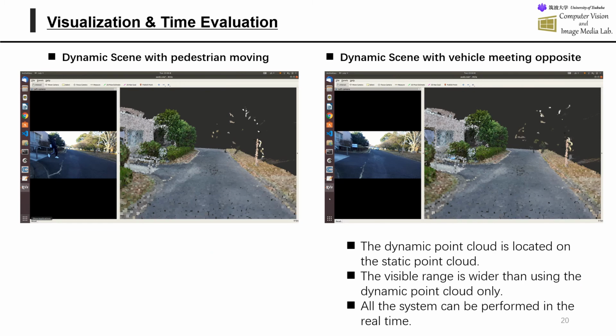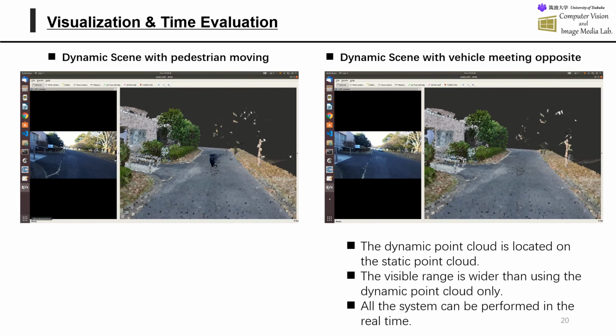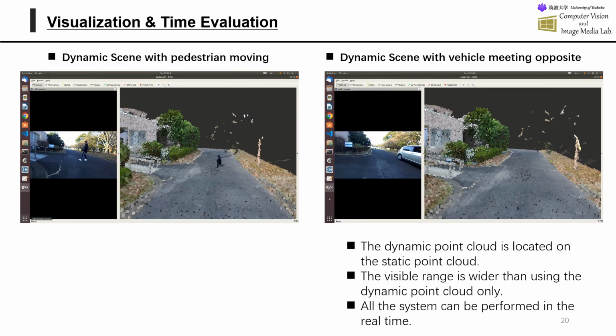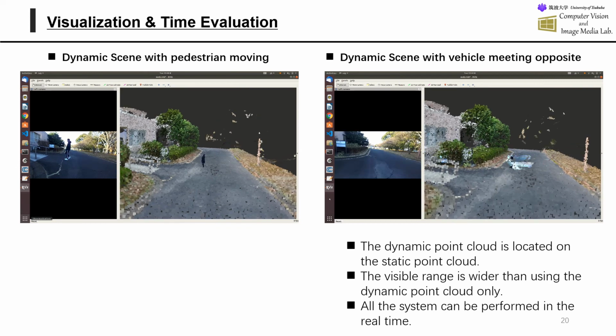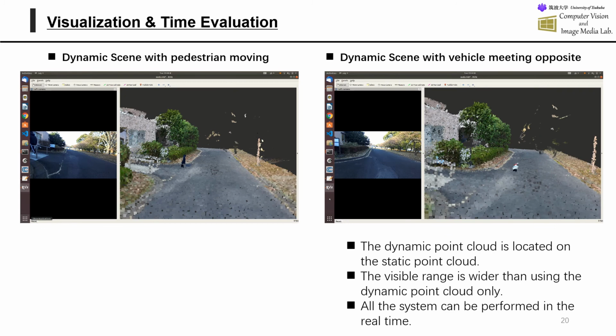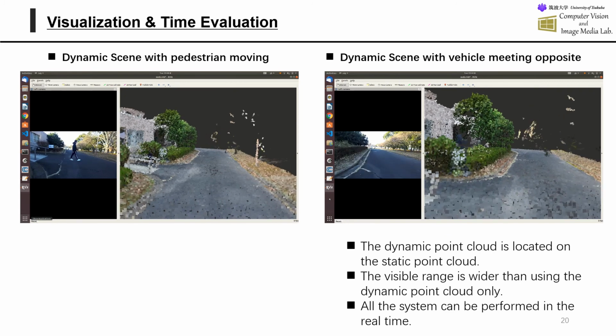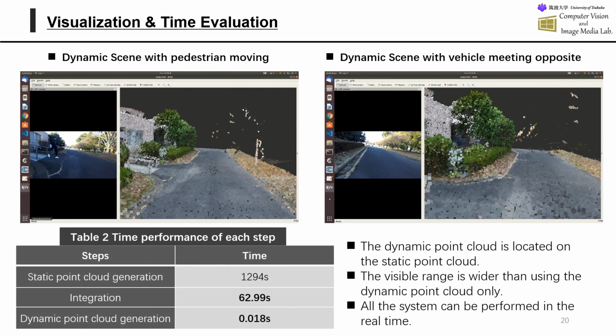This is a pedestrian moving performance. This video shows the scenario 2 and the scenario 3. At the beginning, the point cloud transformed from the initial position to the registered position, and the background is a static point cloud. As we can see in the video, the dynamic and the static point cloud can be integrated together. And we evaluate the time performance step by step as shown in Table 2, and the system